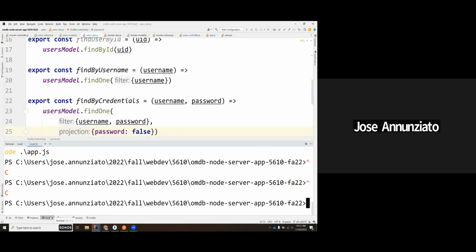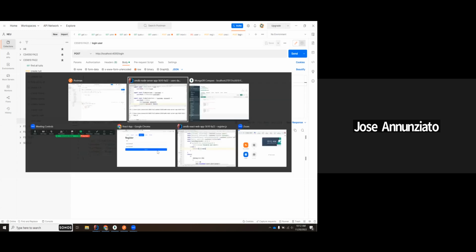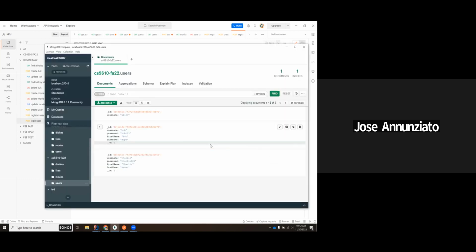Terminal, start. So send. Okay, notice that now the password is not being returned. See that? All right. Let's see what else. Yeah. So we have users,